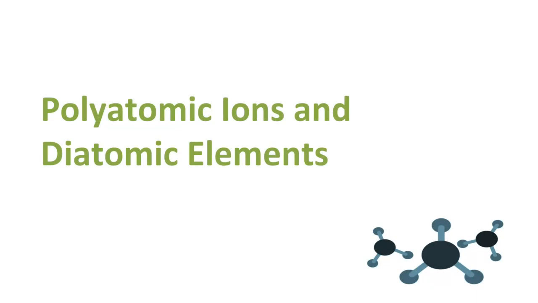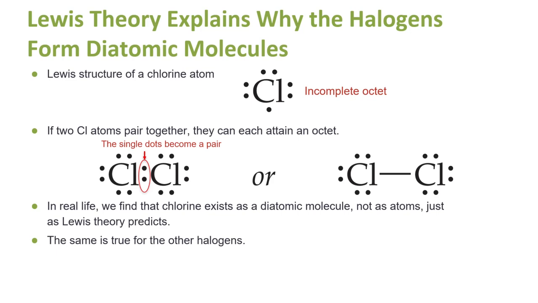We can also draw Lewis structures for ions. And we can use Lewis structures to describe why 7 of the elements exist as diatomic elements. Let's look at the diatomic elements. Remember, there are 7 elements that I've asked you to memorize that are diatomic: hydrogen, nitrogen, oxygen, fluorine, chlorine, bromine, and iodine. When we try to draw structures for them, we can see why they are so stable as diatomic